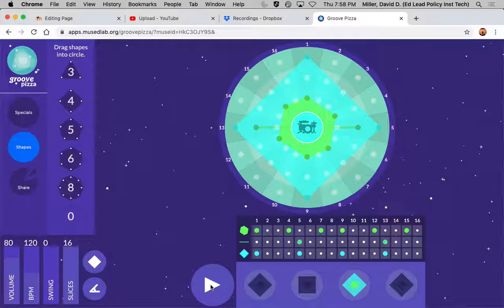I mean, this is great because it's so easy. Like a kindergarten student could use this and get beats going right away. And I use it all the way up with high school kids and beyond. It's not terribly sophisticated, so a lot of my high school students maybe are a little beyond this. But if they've never played drums before, never created a drum beat before, here's a real easy way for them to very quickly get something up and running and hear the results of their choices right away.